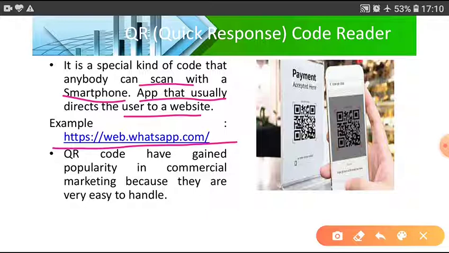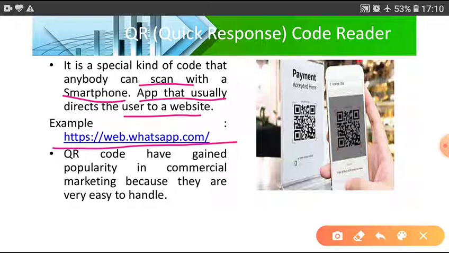QR codes have gained popularity in the commercial market because they are very easy to handle. QR code this time is very popular. You can see QR codes on different types of products, especially on paper. Without typing the web address of any website, you can scan the QR code.